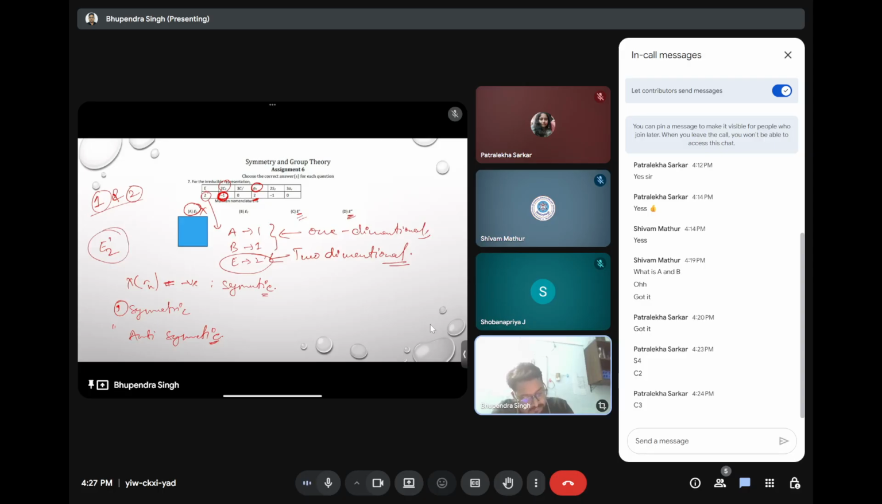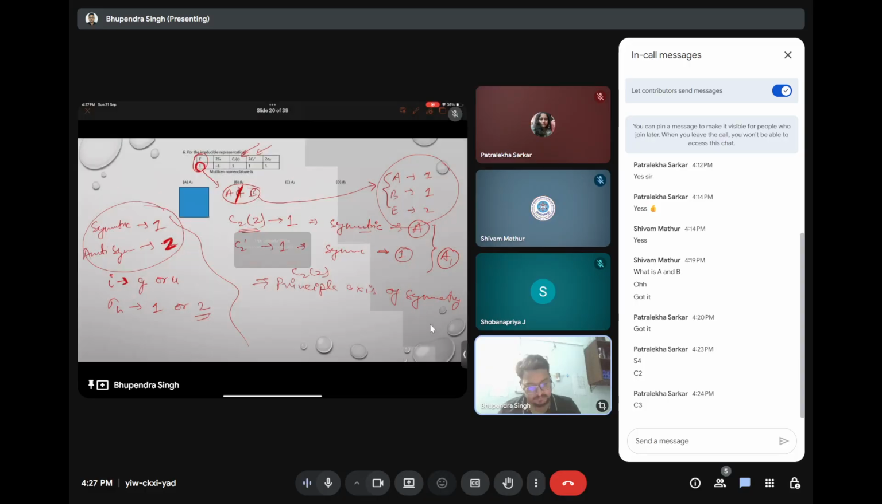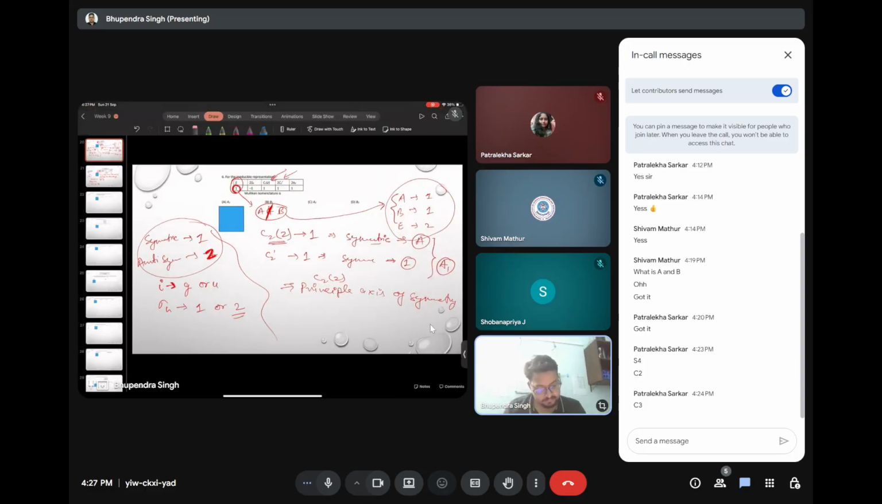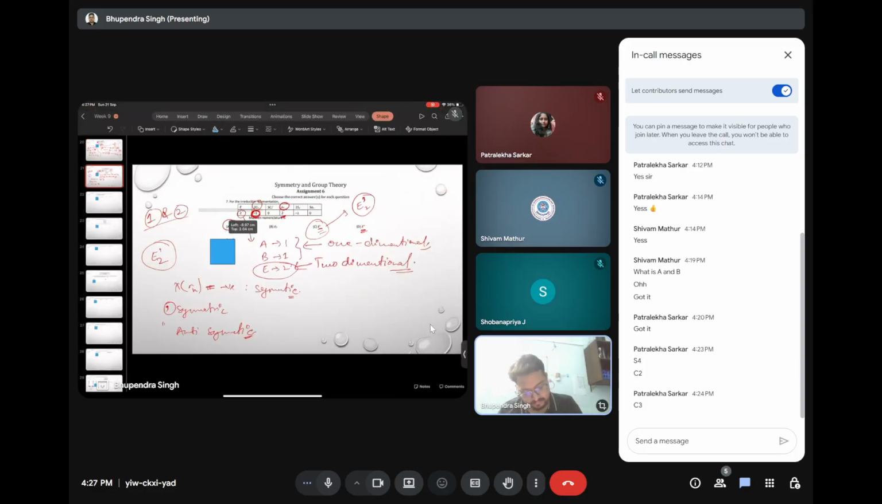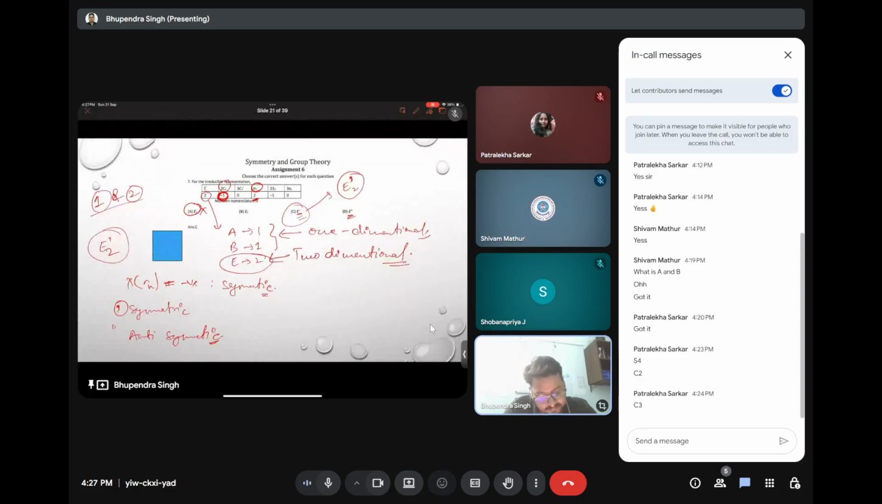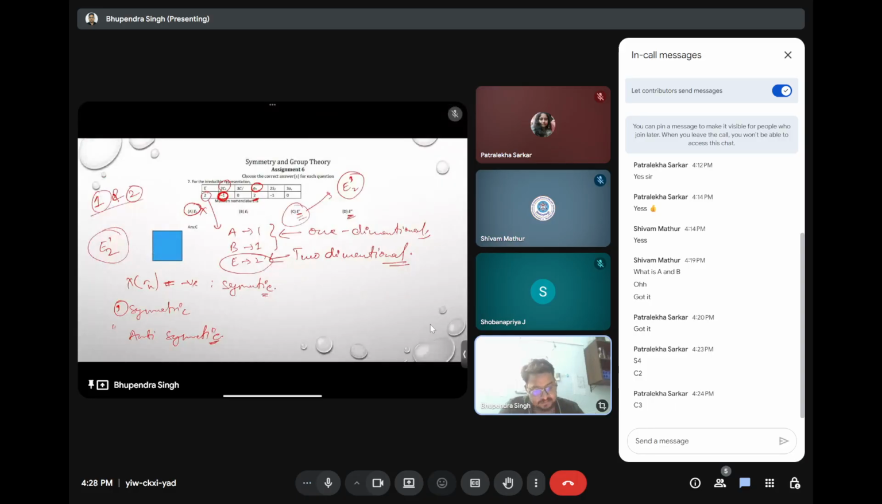Here I am only able to see one E dash, so maybe it is misprinted. So E1 2 is E dash, E2 dash. This should be the answer. Okay, maybe in the next session I will look into this and tell you. The answer is also given as C, so maybe it is misprinted. Anyways,